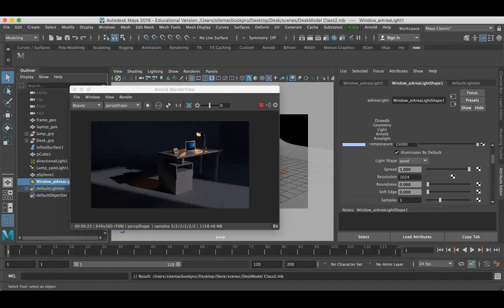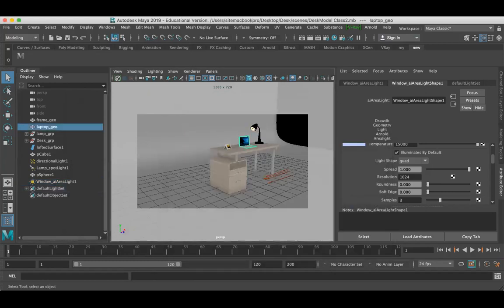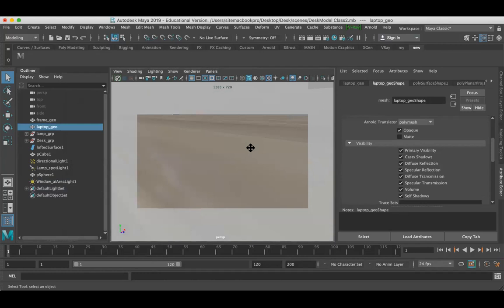Look at here, I have a screen. My laptop screen is on, but it is not emitting the light. It just looks simple. So I'm adding more detail into the scene, because this doesn't look like it has much reality. So what I'm going to do is stop my Arnold render and close it. Just select the laptop screen.